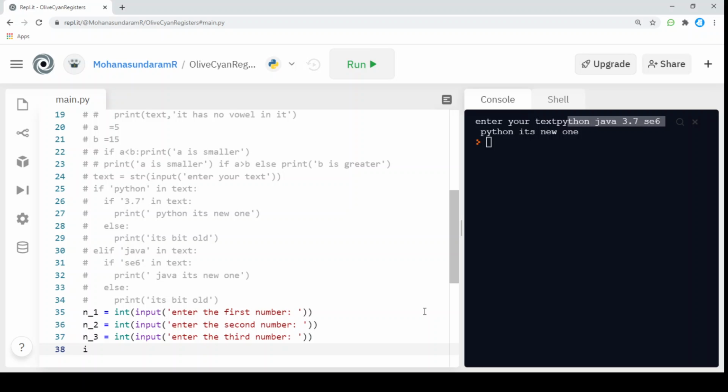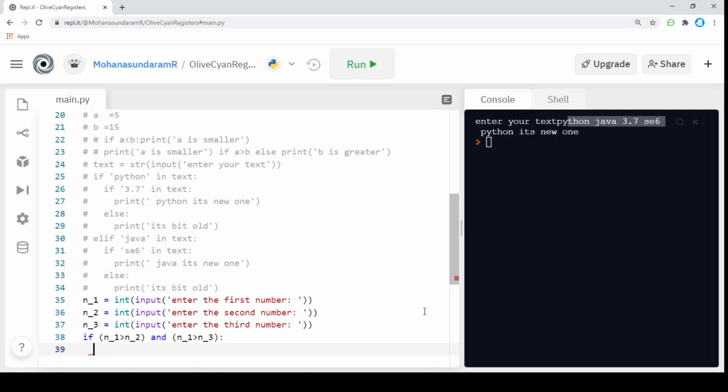First, I'm calling the if keyword and passing my condition. My first condition would be if n1 is greater than n2, and if n1 is greater than n3.